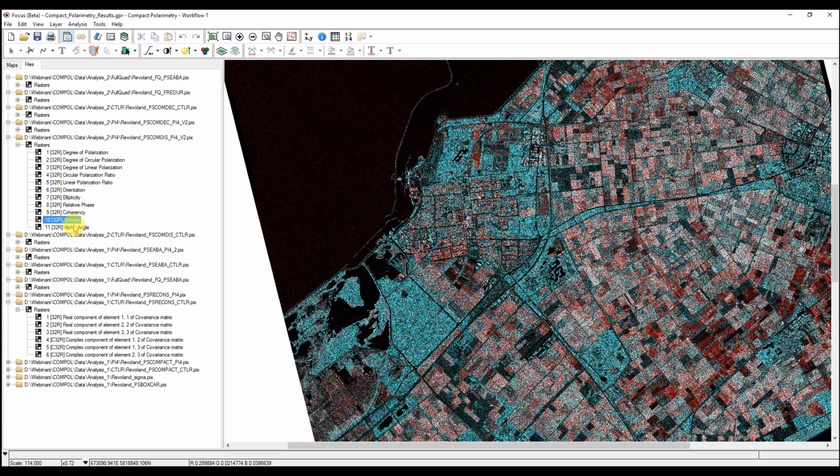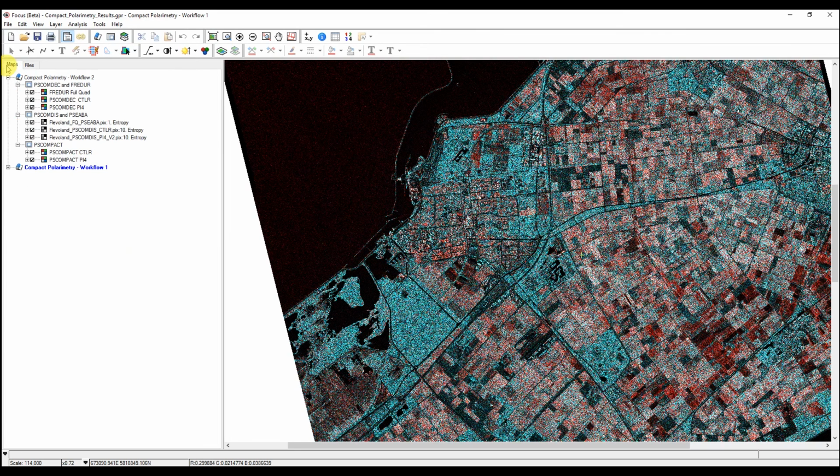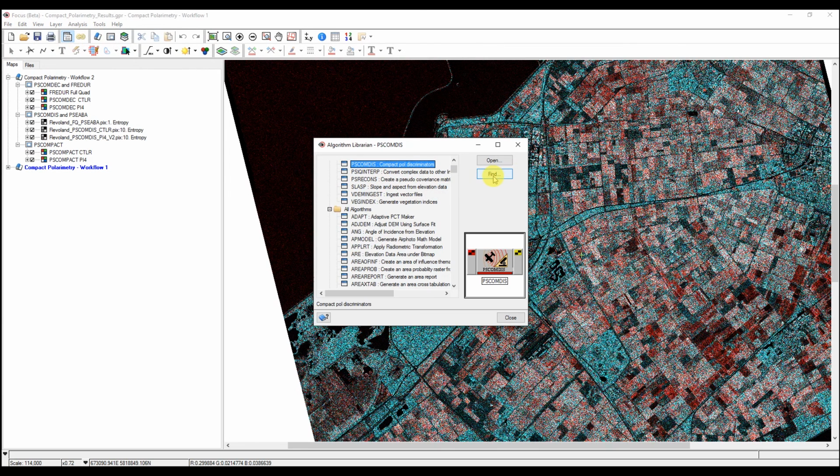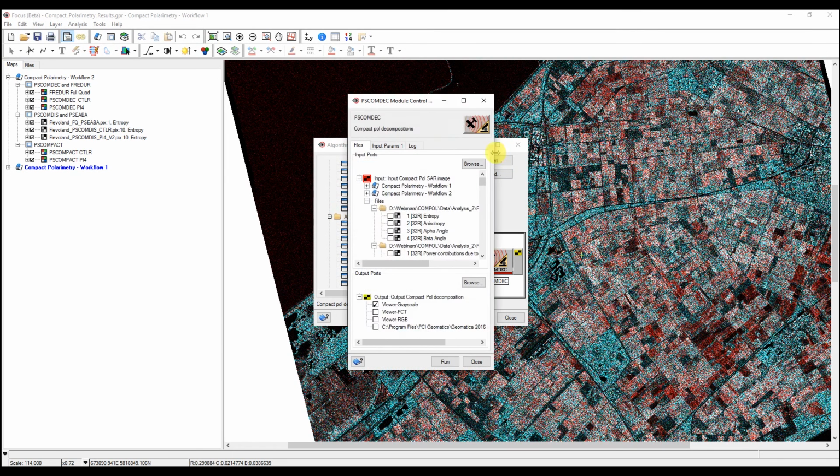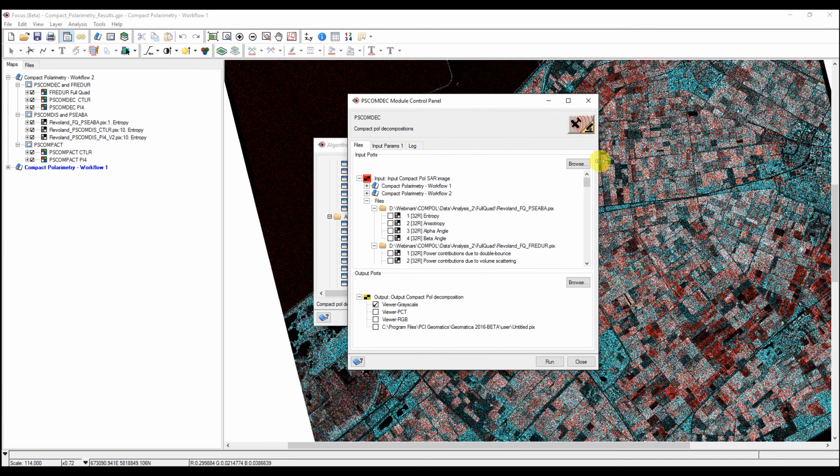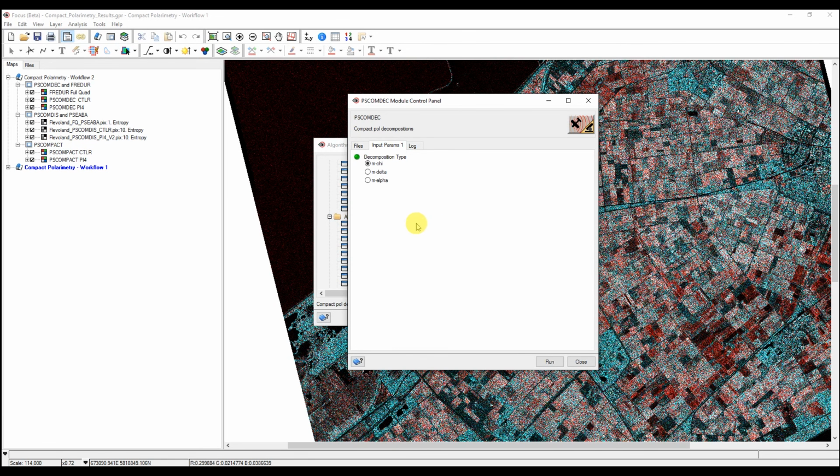Now the second PPF I want to look at is PS ComDec. PS ComDec is similar to the full polarimetric Freeman-Durden decomposition model. So if I bring that up from the algorithm librarian, simply search PS ComDec. Here's the PPF, and there are 3 parameters that I need to specify. The input parameter, which is basically going to take all the available layers from my compact pole image, the output, and then I need to specify the decomposition type. For this application, I've chosen the M-alpha decomposition, which relates the Stokes parameters to the degree of polarization of the scattering mechanisms. So if we close this and have a look at the results,